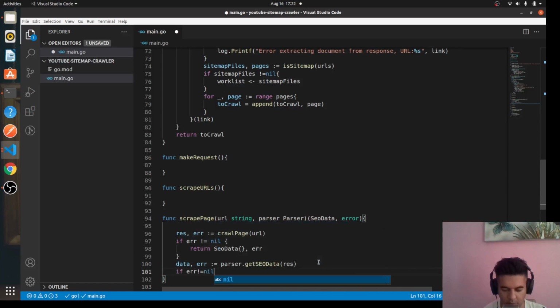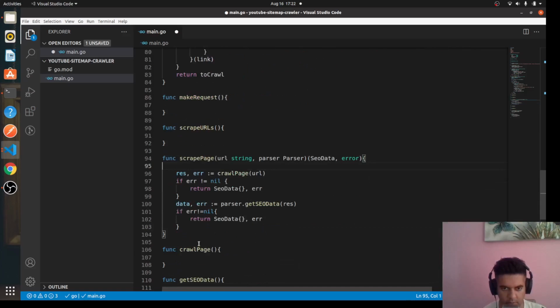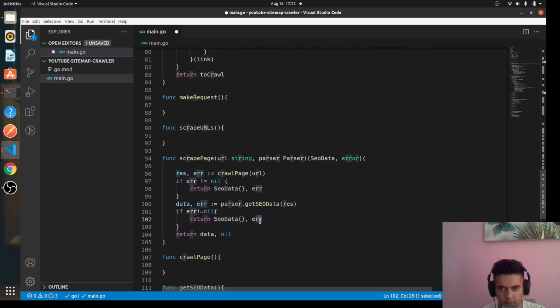error not equal to nil, return SEO data, comma error, otherwise return the data nil. So if there is an error, which means error not equal to nil, we'll return an empty slice of strings called SEO data, and also the error. Otherwise we'll just return data and nil for the error. All right,